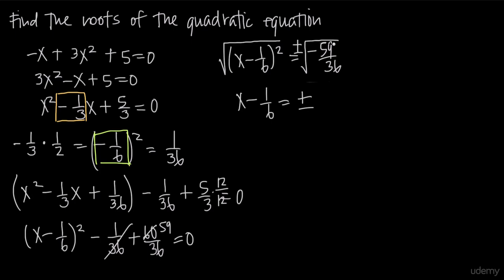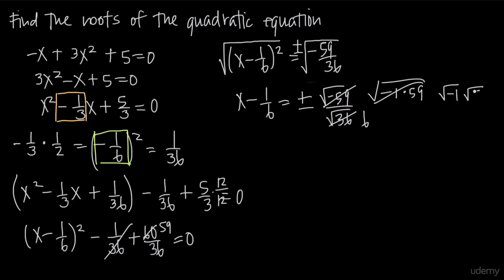On the right-hand side here, we have plus or minus. Remember, when we take the square root of a fraction, we can take the square root of the numerator and denominator separately. So we'll get square root of -59 over square root of 36. Now here we know that the square root of 36 is going to be equal to 6, so we can go ahead and simplify that. The square root of -59 we can go ahead and say is the same thing as the square root of -1 times 59, right? We haven't changed the value at all because -1 times 59 is -59, so we're just saying the square root of -59 here. Now remember that when we have two values multiplied together inside of a square root, we can separate them into their own square roots. So the square root of -1 times 59 is the same thing as the square root